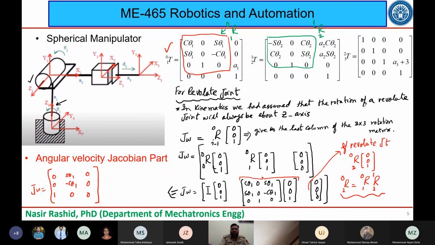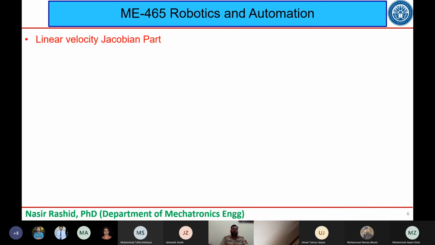सो अब हमारे पास ये एक JW इस फॉर्म में आ गया है. ठीक है जी. सो let's move forward and now talk about, अभी हमने एंगुलर वेलोसिटी ऑफ जैकोबियन पार्ट की बात की है. अब हम लीनियर वेलोसिटी ऑफ जैकोबियन पार्ट की बात करेंगे. और लीनियर वेलोसिटी ऑफ जैकोबियन पार्ट में जो पहली बात हम करेंगे that will be we will be talking about the प्रिज्मेटिक जॉइंट. ठीक है. जैसे लास्ट हमने वहां पे भी प्रिज्मेटिक और रेवोल्यूट जॉइंट के लिए किया था। सो यहां भी हम प्रिज्मेटिक जॉइंट की बात करेंगे पहले।